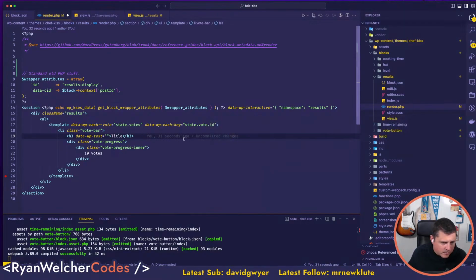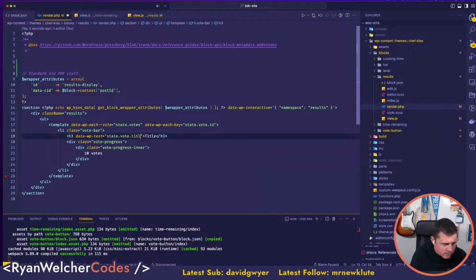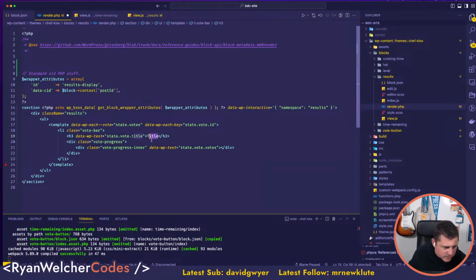Okay, so this is going to be state.vote. What did I call it? Title. So in here, we're going to do the same thing. We're going to make this text, and it's going to be set to, you guessed it, something else, which now I can't remember what I called it. Votes. So this is the number of votes. So I can get rid of this. I should be able to get rid of that. And I should be able to get rid of this. And with a little luck,